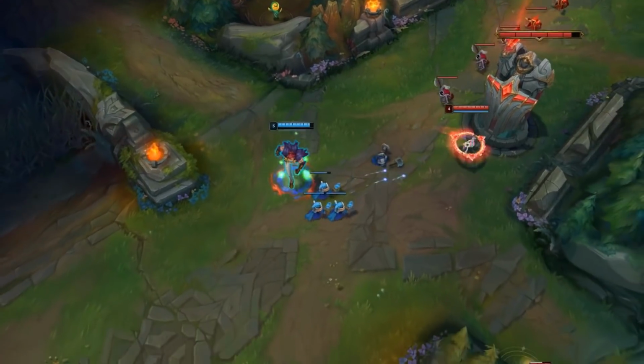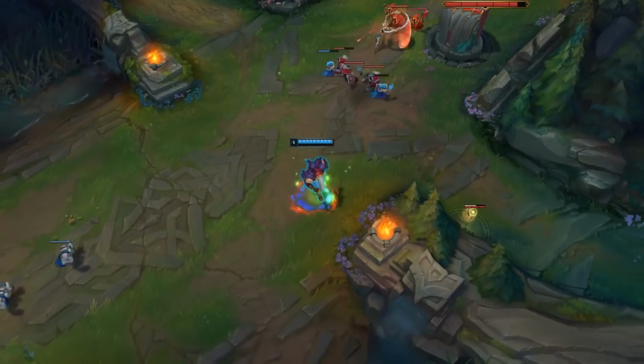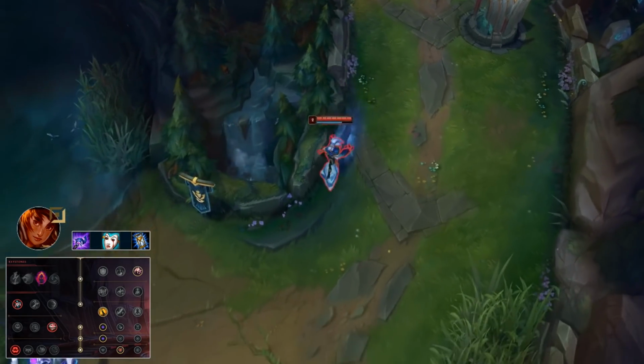So for the second pick, it's going to be a very unconventional one down in the bot lane, played in the carry role, and it's Thalia. So Thalia as the AP carry down in the bot lane is something that is really sleeper for the meta we're in right now,